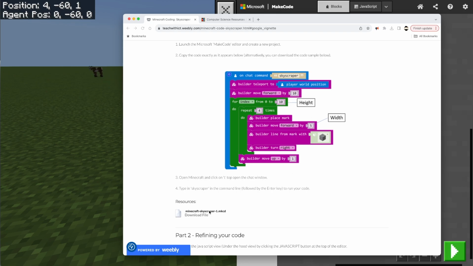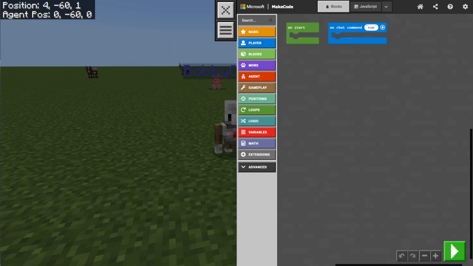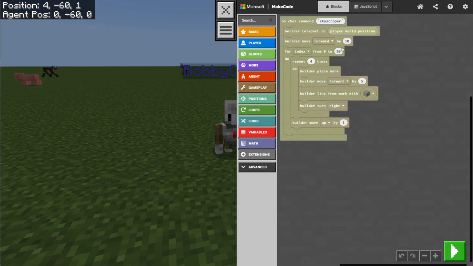And if you download this, you'll be able to import it into Minecraft. If you click download file, and I've already done that, I'm going to take the downloaded file, it's currently in my downloads folder, and I'm going to drag it into here, right? So I have this file called Minecraft Skyscraper that I just downloaded. I'm going to put it in here, and it's creating this